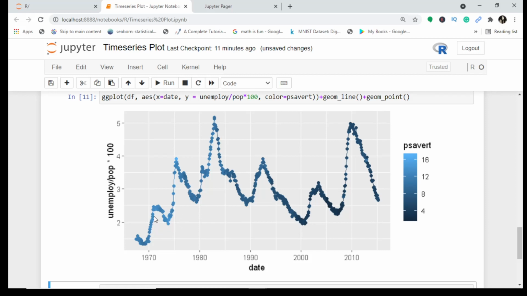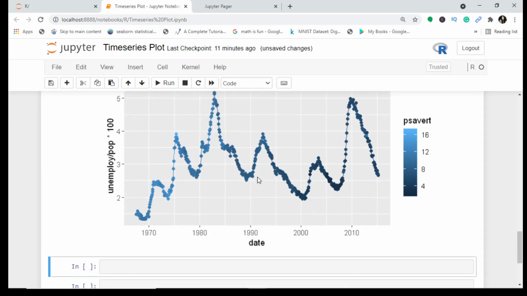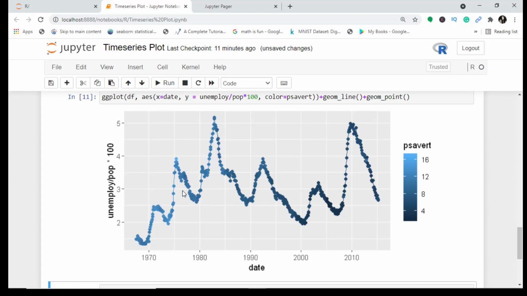When unemployment was increasing, people were saving more. They were not spending money because they did not have money, or there were other reasons which could contribute to the same, like lack of purchasing power and limited money in hand. So the savings were high here.